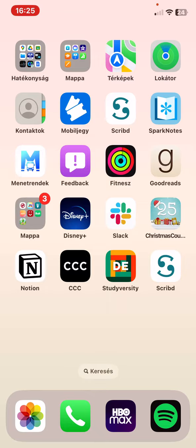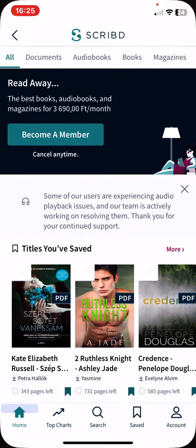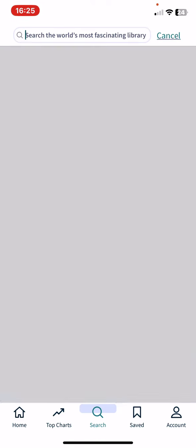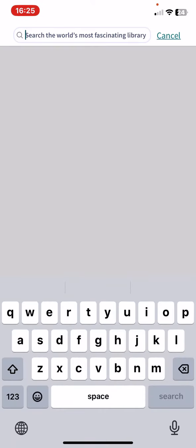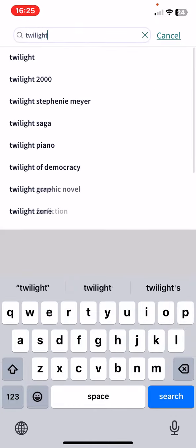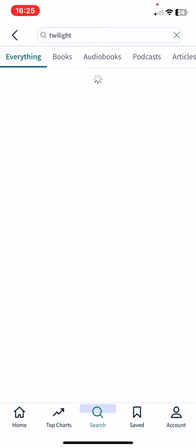First of all, open the application on your phone. Then click on the search button at the bottom of the page in the middle. Then click on the search box and just type either the name of the author, or you can just search for the title. So just type that in,